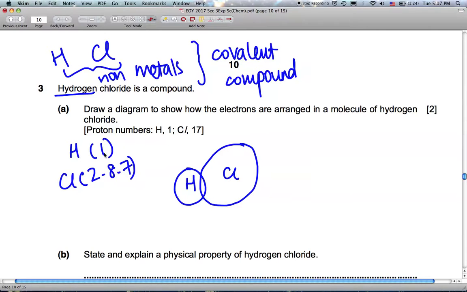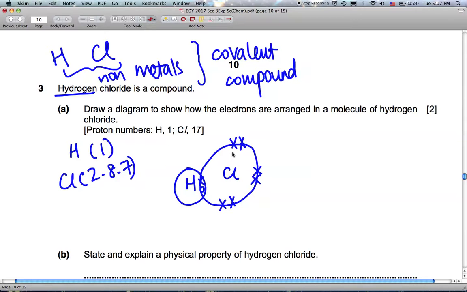Likewise, hydrogen is lacking 1 electron to obtain the full valence shell. So it will use 1 electron to share, and therefore they have a single bond, a single sharing of electrons here. So what's left? We can work outwards in or inwards out. We need to draw the inner shells of electrons as well. So we fill in the valence shell with the remaining 6 electrons here, because there are already 2 electrons inside